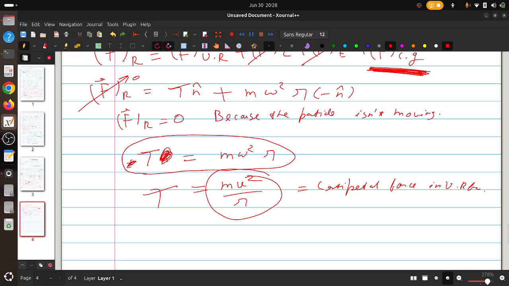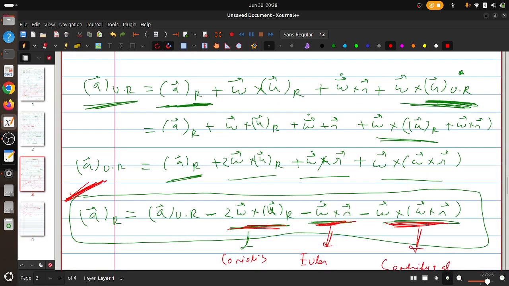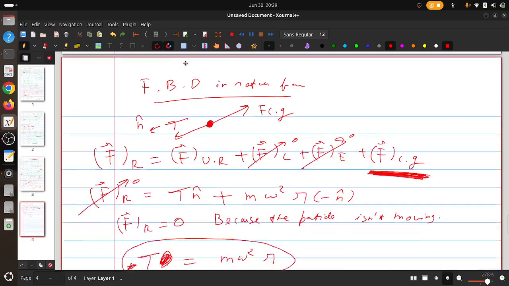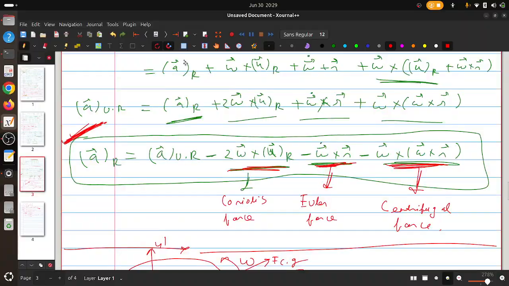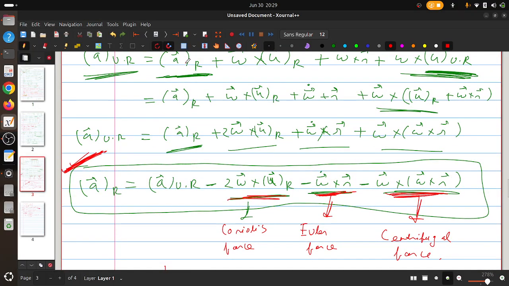So we have derived from the intuition that the tension should be equal to this, and even without this analysis, we know that tension is indeed equal to that quantity. Which means that our equations are indeed correct, right? So that is all about the